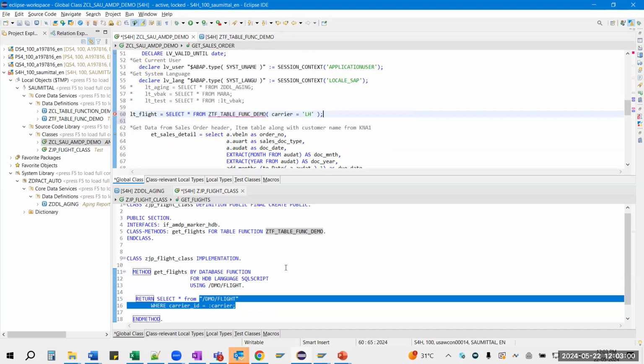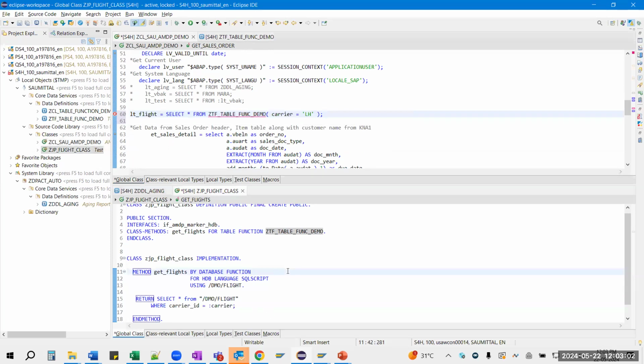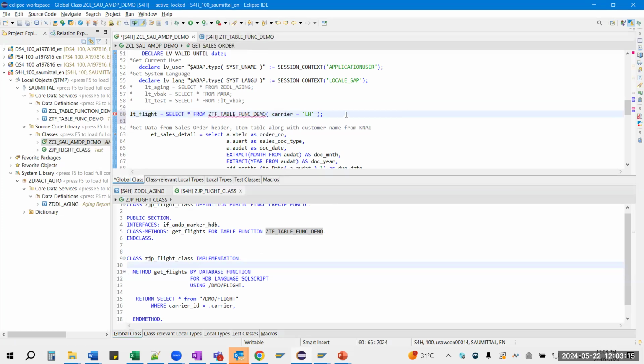Okay, I think there is an issue with the activation, but yeah,